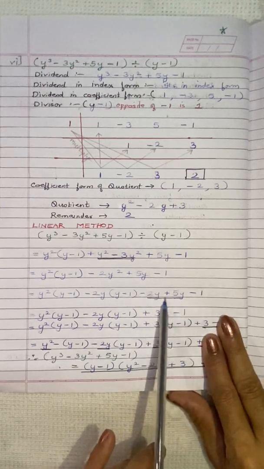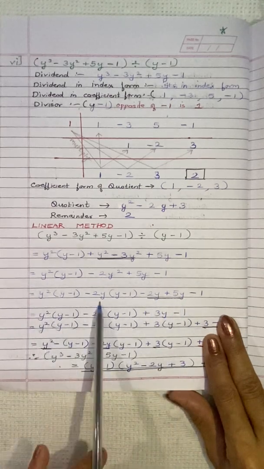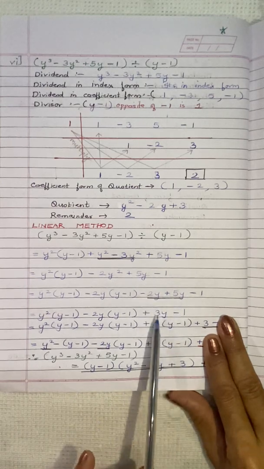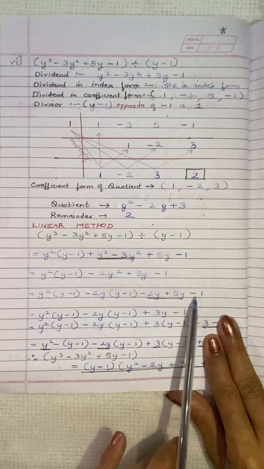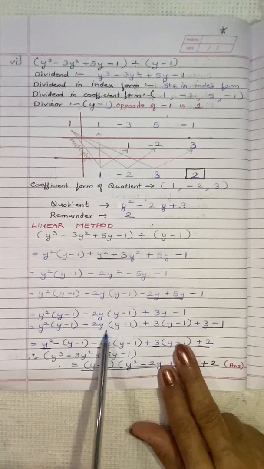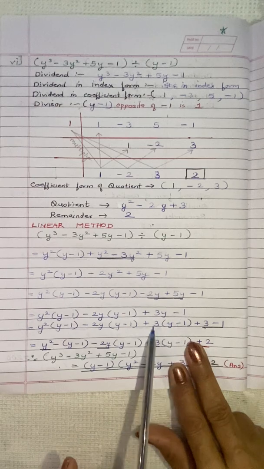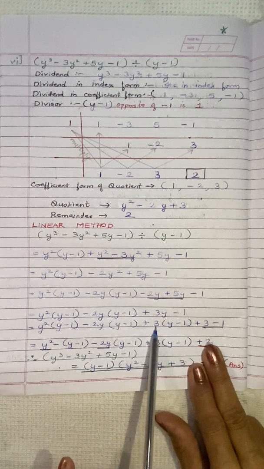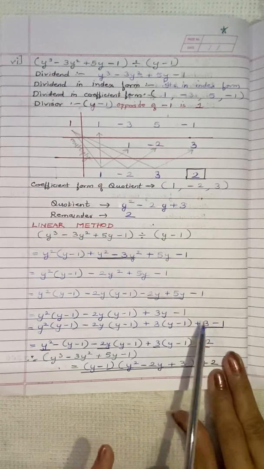Now we have got like terms here. So next step we'll solve this. This will copy as it is, this will copy as it is. This will solve, negative 2y plus 5y gives us positive 3y. Positive are more units, so positive will be the answer and minus 1. Here we'll copy as it is. Now here y we'll replace it by divisor, y minus 1. So 3 into y minus 1. We'll multiply 3 and minus 1 is negative 3. We'll change it to positive 3 and minus 1.